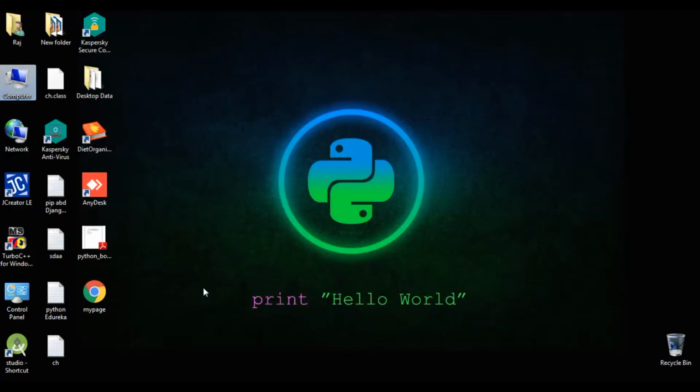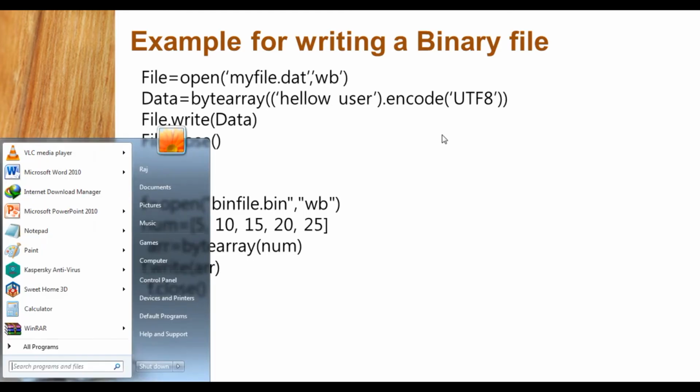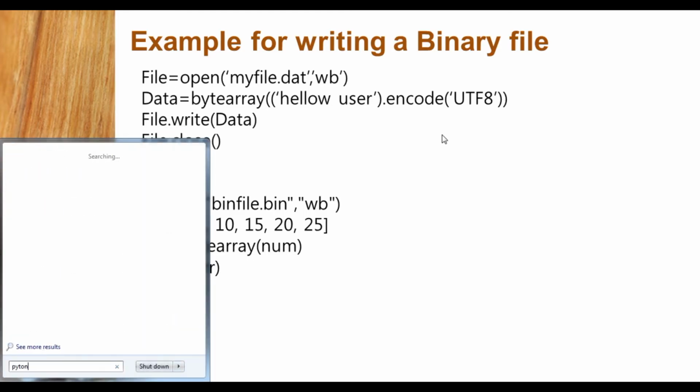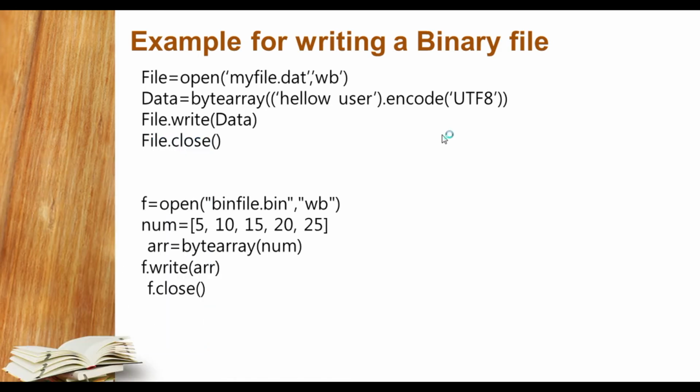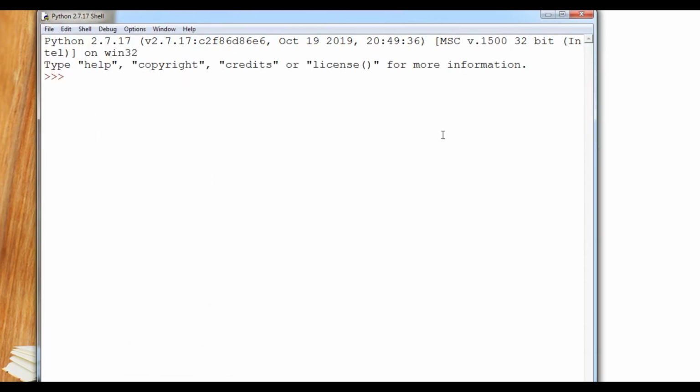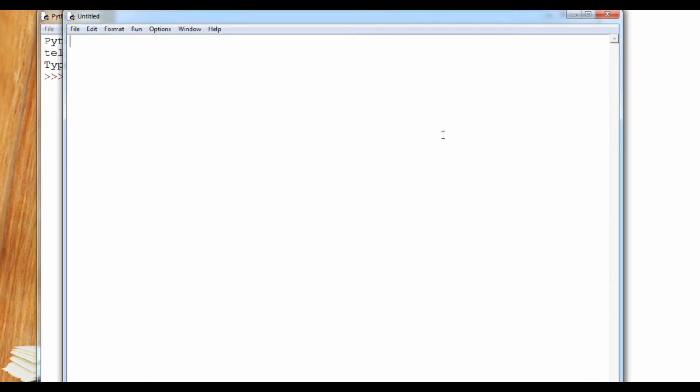It is really easy. So students, we have to start Python ideally, and then I will create a file, a program for a binary file.